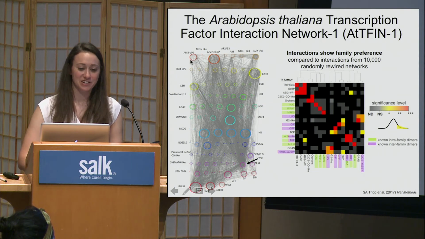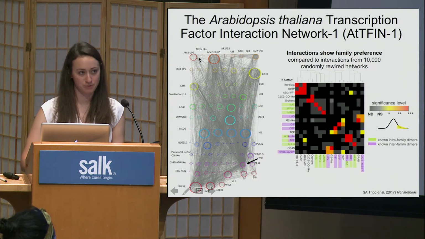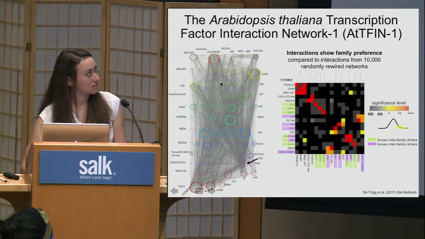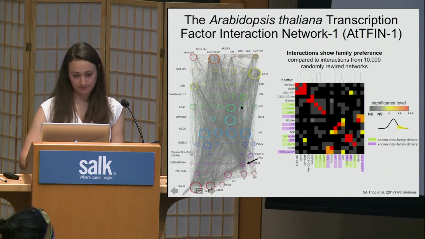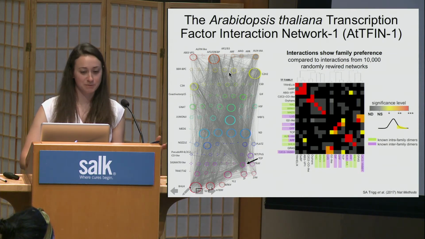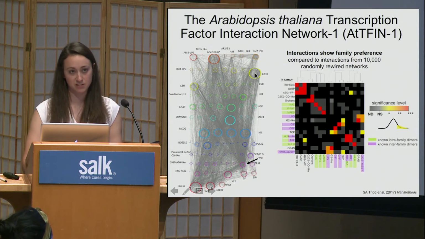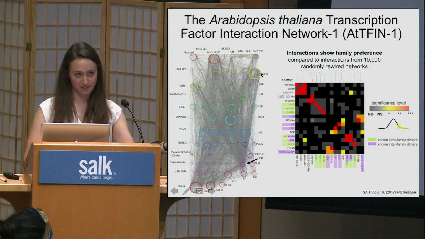And here you see all these different colored circles. The different colors represent different transcription factor families. And the circles are made up of tiny dots, which are the transcription factors themselves. And the gray lines are the interactions between the different transcription factors. And since that's really hard to make sense of, what I did was collapse all these interactions on transcription factor families. So instead of having all these little tiny dots making up these circles, I just made that one dot and called it transcription factor family interaction.